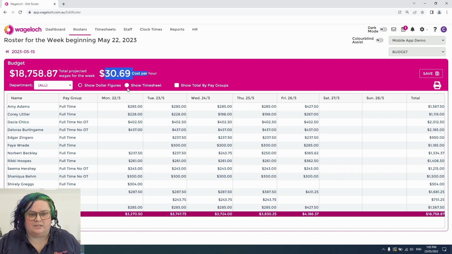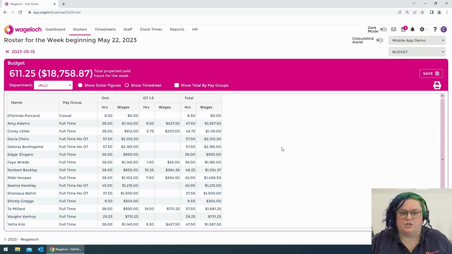Maybe you want to have a look at this in comparison to the actual timesheet. If we select this timesheet option just here, it's actually going to show us how many ordinary hours, are there any penalty rates, are there any overtime, and the total estimated wages as well. So we can see up the top here, rostered hours, we've got 611.25 for rostered hours for the week, and our wages in total is going to cost